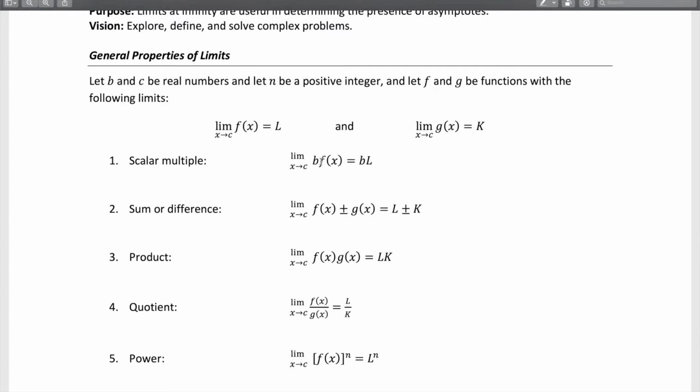And that should make sense because the limit is basically the height of the function. So if f of x has a height of L, and then we multiply that height by b, it would make sense that the limit's height would also multiply by the same value. Sum or difference, basically same idea. If we have two limits that are being added together like this,